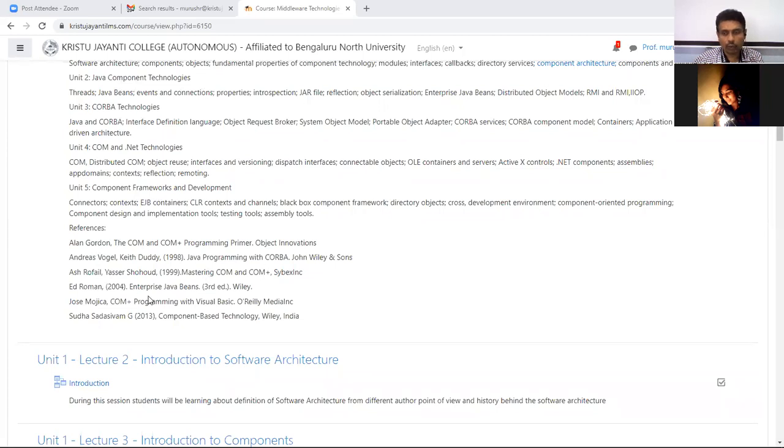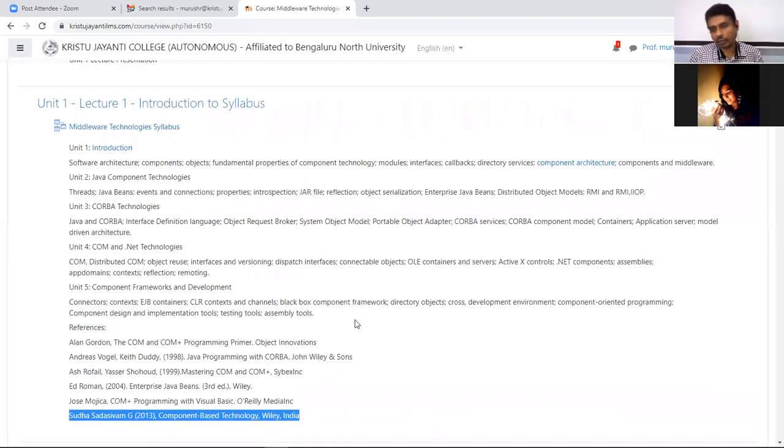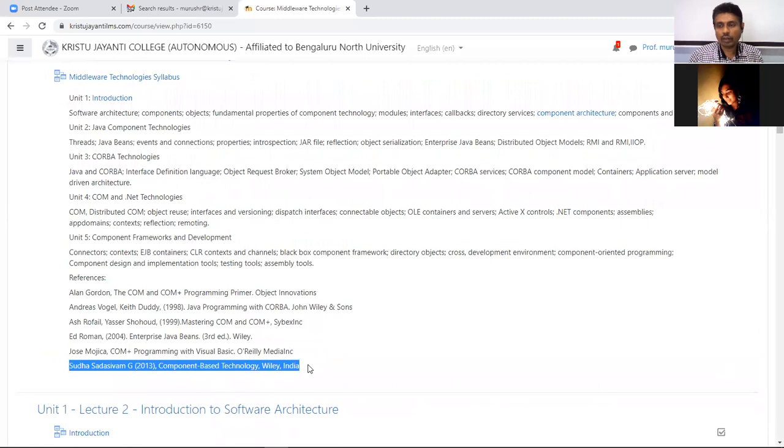But one core book which you need to refer to is this one: Sudha Sadasivam, that is the author name. The subject title itself has been chosen from this particular book, Component-Based Technology. If you refer to this book, the entire syllabus is covered.